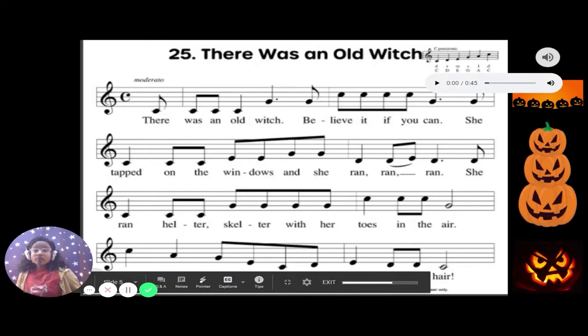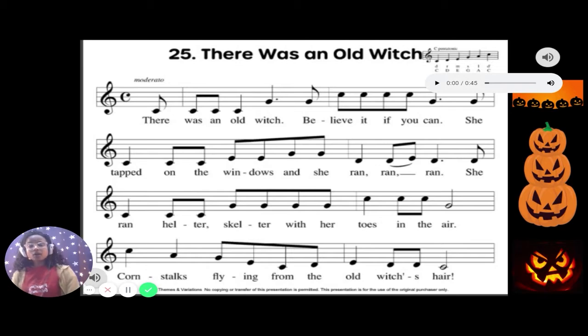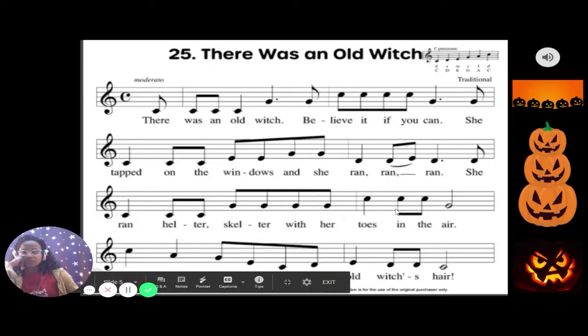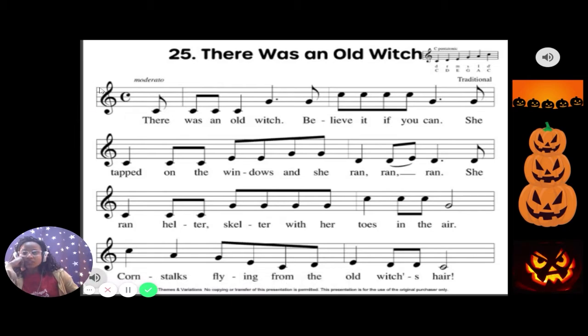Now that we're familiar with the words and some of the movements that go with the song, I'm going to share the melody or the pitches that make up the tune, okay? So take a look at the musical example here. You have a staff, which is a system of 5 lines and 4 spaces that are used to read music. Can you see my 5 lines, 4 spaces?